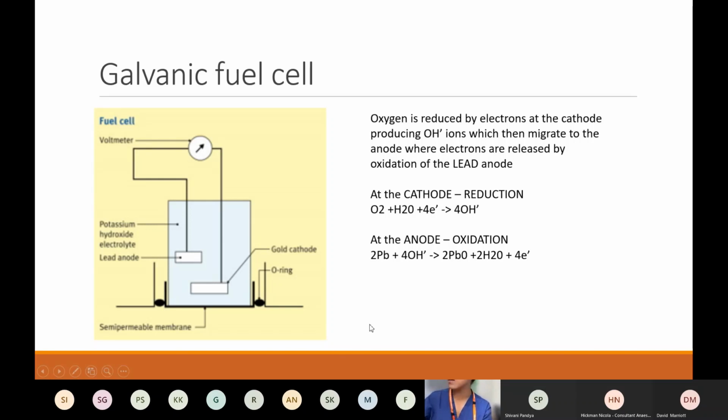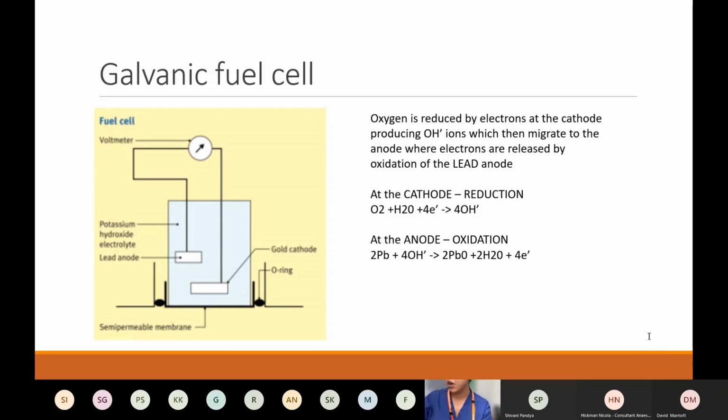So the next way I'm going to talk about is the galvanic fuel cell. And it's in principle very similar to the Polarographic Clark electrode. The difference is in what the cathode, the anode, and the electrolyte solution are, and the reaction that's happening is the same, but involving different